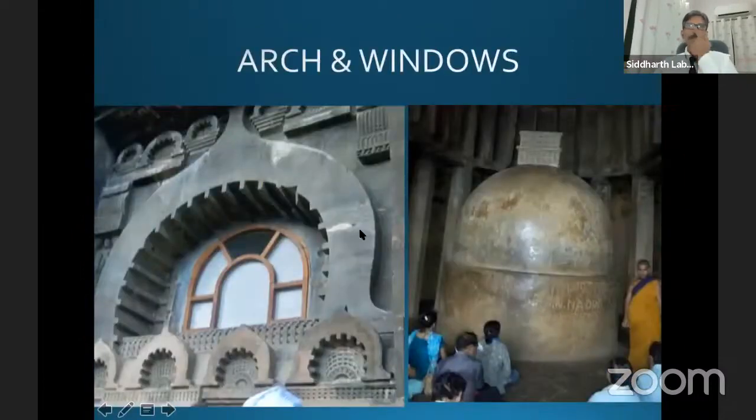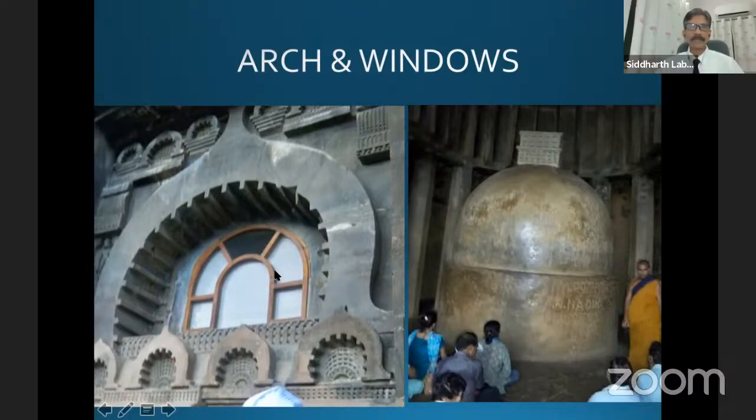So again, about this Leni, the arch and windows we can see. As we have said, this arch is the formation of the bamboo arch, taken from the bamboo arch, and here we see the window. The purpose of this window is such that the light coming from the window directly falls on the stupa, and the meditator sitting in front of the stupa will not get disturbed. So that is the purpose of this window